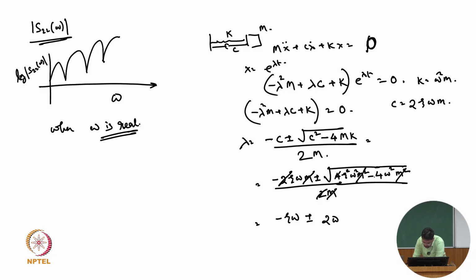The 2 and 4 will be cancelled out also. This will be the case. And now xi is generally less than 1, the normal case, like for an underdamped system. So you can see